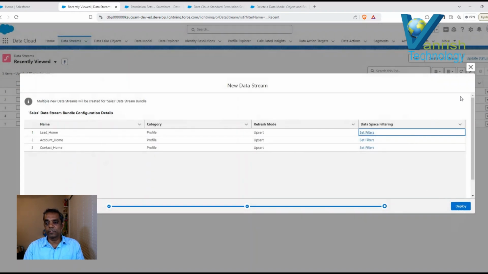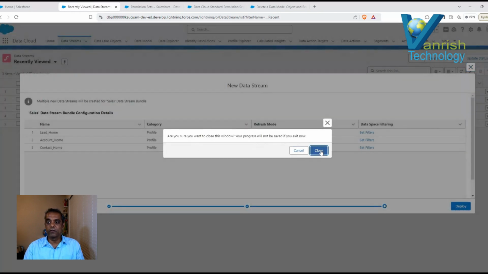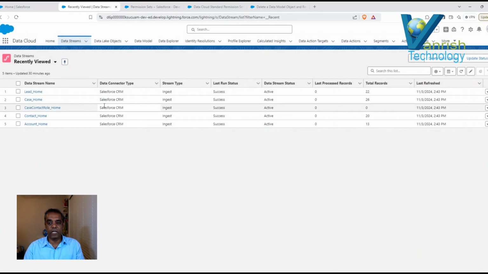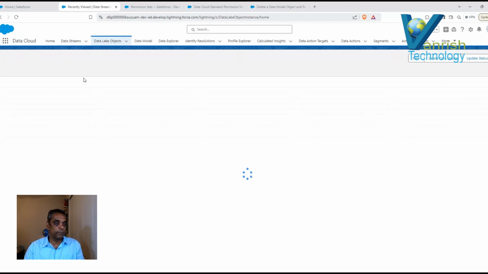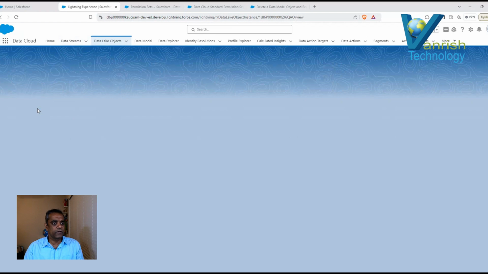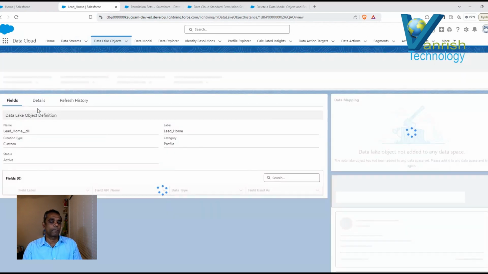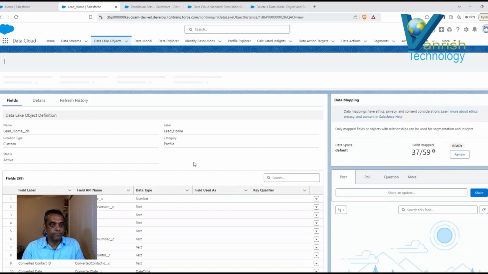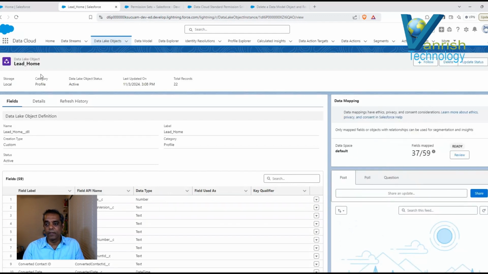So I'm going with this, and as soon as you click deploy, the data will populate like that. It will take a longer time to bring the data in, but I pulled the data for you over here. So you notice I brought a couple of data sets over here, and once the data is here, it is part of the data lake object. As soon as I click any of those, you can analyze how the data is going to look. So this is your lead home data, and now